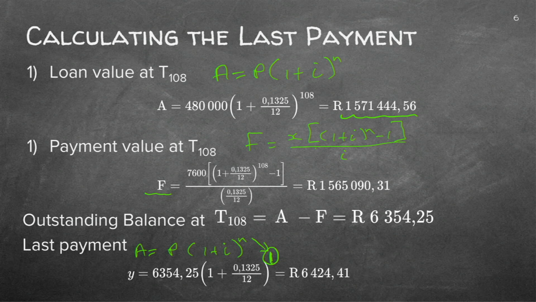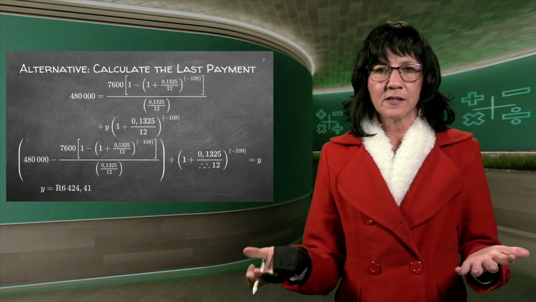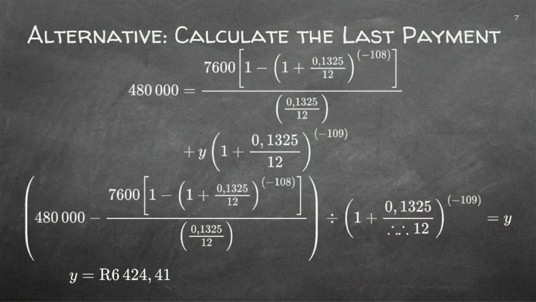So if you think you're going to get confused between the P and the F's, then rather stick to the previous method, which is also done here. This is the previous method that I did. There's not enough space to write down the formula, but you know the two formulae by now. So here's the part that I said is coming from A is equal to P(1 + i)^n. And then if I get the P all alone, it will be A, which we call y, (1 + i)^-n. So that is where that formula is coming from, which we then add the last month in this manner.